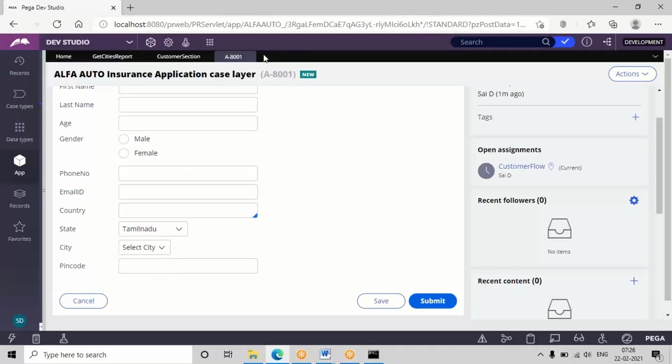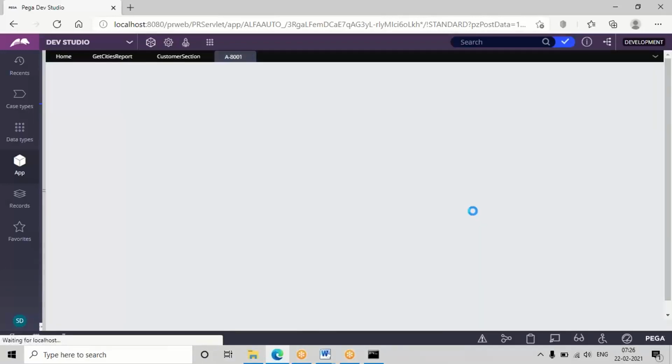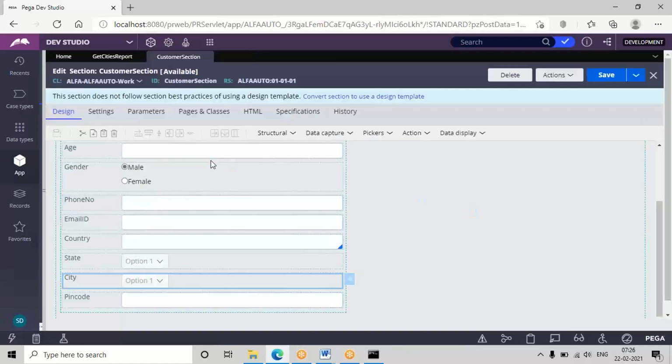Now the same thing we'll do using a data page rule. I'll again be replacing it in the customer design only. But if we have the same requirement somewhere else, you just need to copy paste these two fields into that other place. We'll do the mapping in one place, and after that just copy paste these two fields wherever required. No need to do the configuration from scratch.